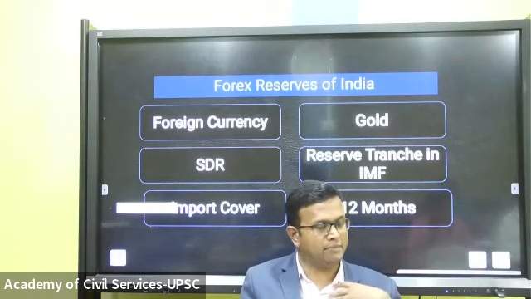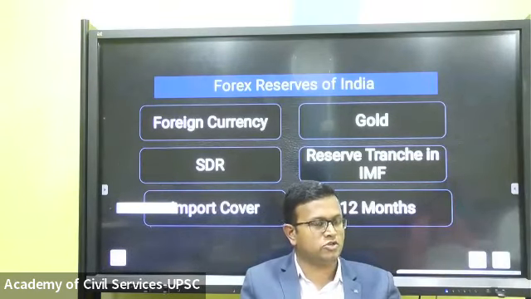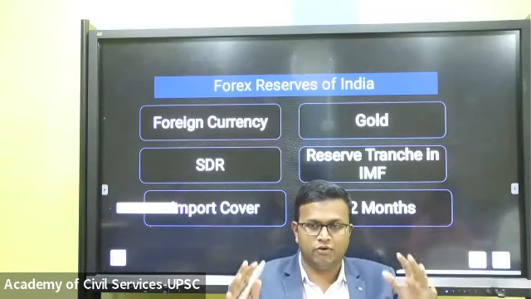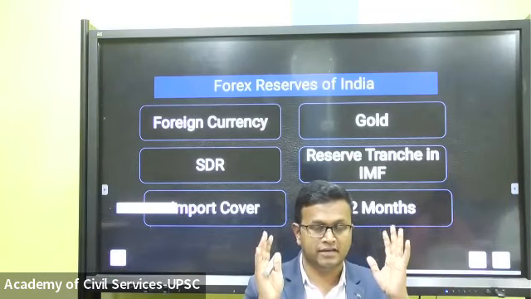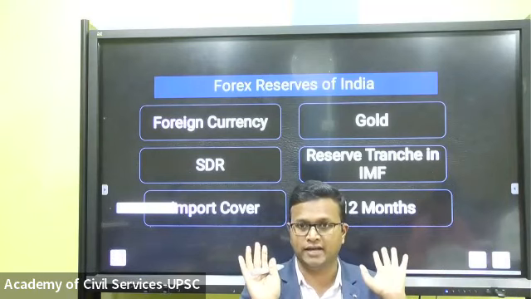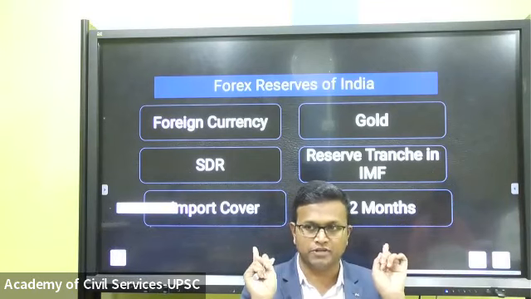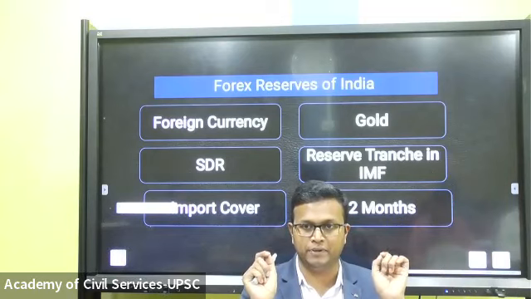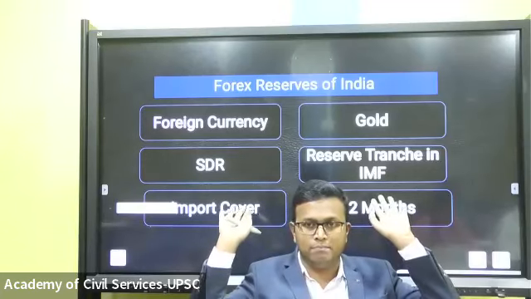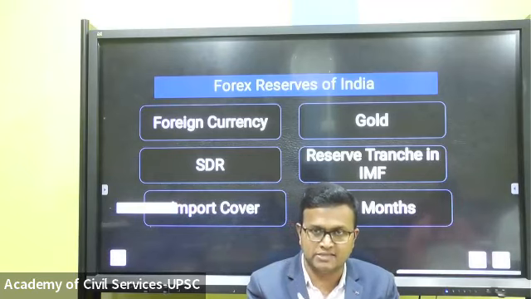When we import, I might be importing in India, you also might be importing some item from a foreign country, and the government of India also might be importing. All the total import coming into India for 1 month, how much is it for? Because obviously the exporters in a foreign country will never accept Indian currency. Indian currency is not a globally accepted currency. US dollar is the globally accepted currency. Then all the exporters in foreign countries want their bill to be paid in US dollar or in the currency of their own respective country. Then total import, when we calculate how much total US dollar is required in a month to pay the import,